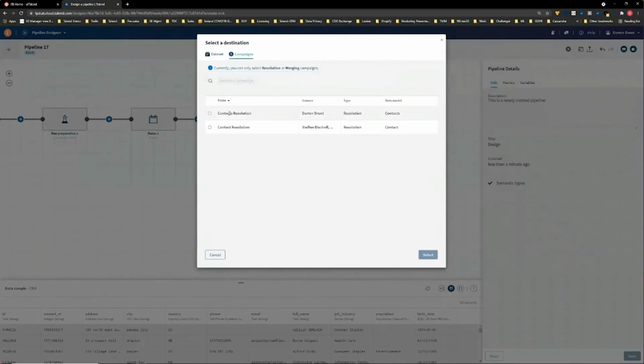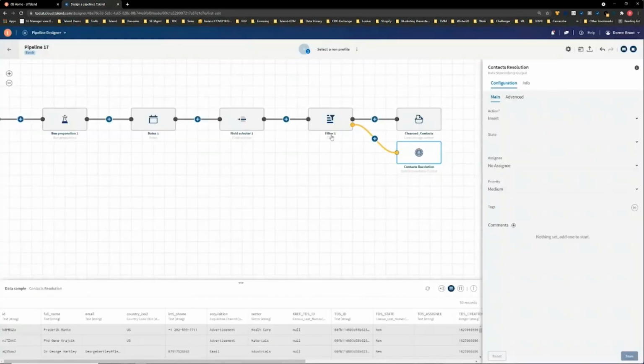And what I'm going to do here is actually reuse an existing campaign called Contacts Resolution, which enables me to push those records that don't meet the filter criteria, i.e. they don't have a country or an email address associated with them, and push them out to a stewardship campaign for guided remediation from subject matter experts.